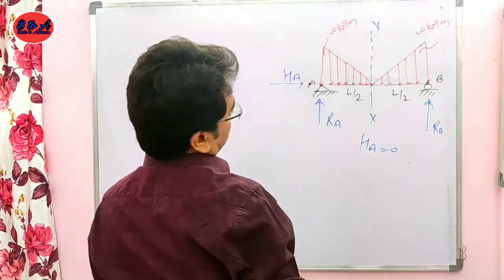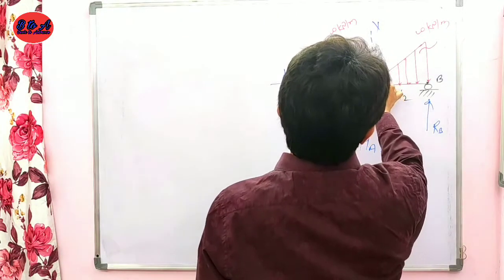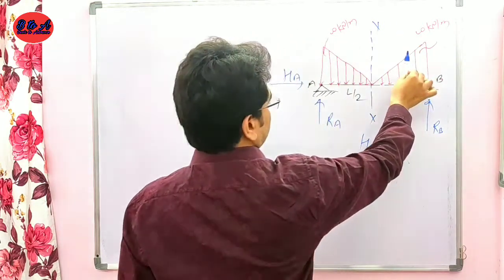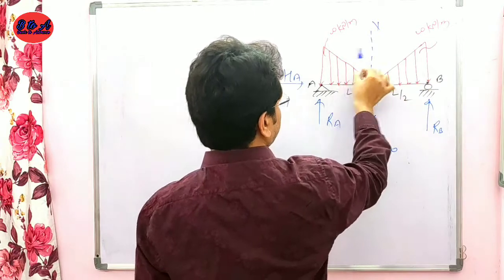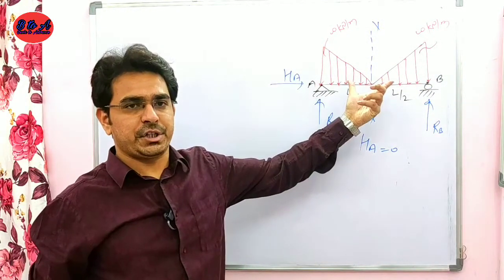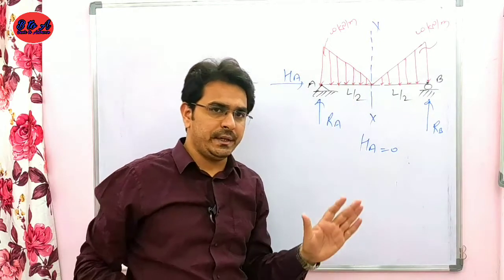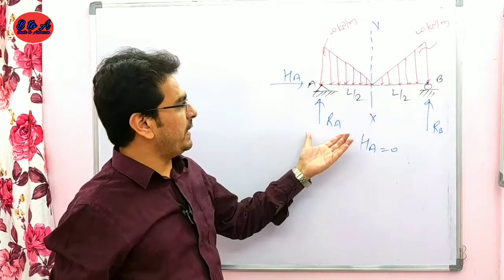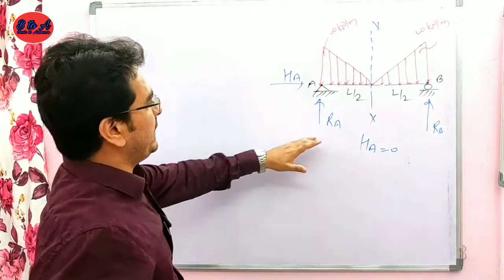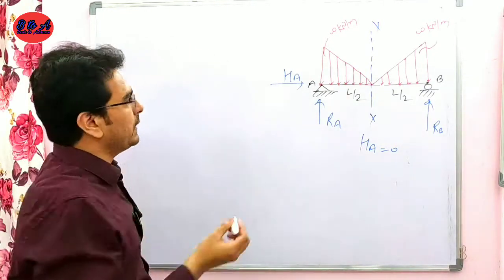Okay. Now let's check. This portion is the mirror image of this portion. This portion is the mirror image of this portion. So it means the load is symmetrically distributed. It means there is no need for calculation for finding out the reactions. इस केस में कैलकुलेशन की जरूरत नहीं है। रिएक्शन निकालने के लिए हमें टोटल लोड निकालना पड़ेगा।